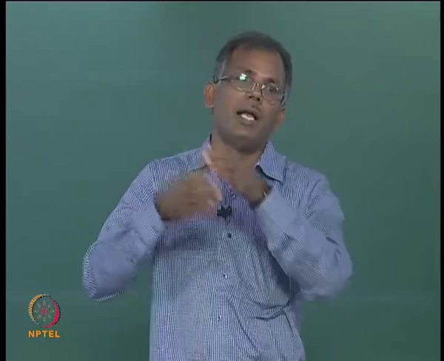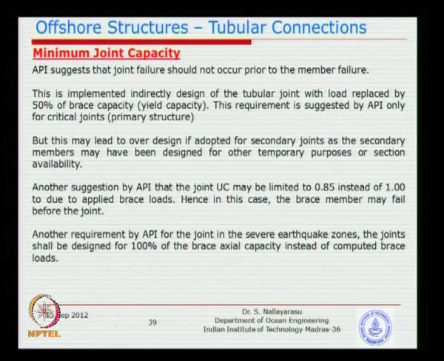This we have already, I think I have explained in the previous class as well, at the start. Basically, the reason why we do this is to create extra reserve strength in the joint. That means we design for 50% of the brace capacity in addition to the actual load. Suppose your actual load is higher than the 50% capacity, it is not a problem, but as long as your loads are smaller, you still design for 50% capacity, just to make sure that the joints have additional strength. That means the joints will not fail before the member fails.